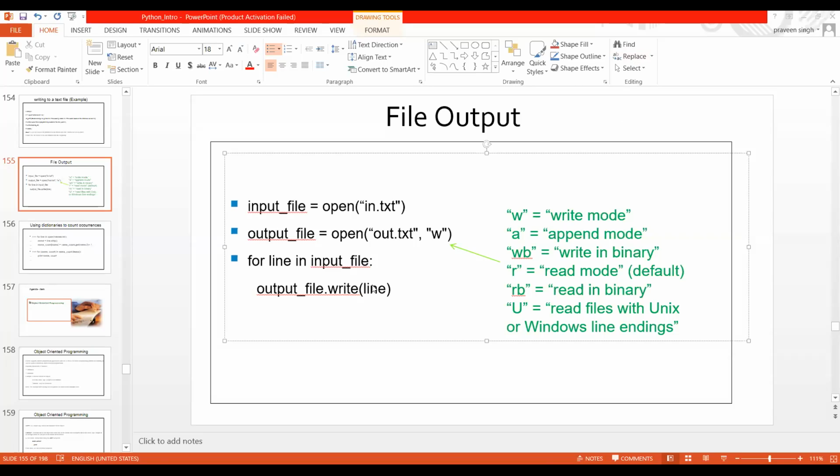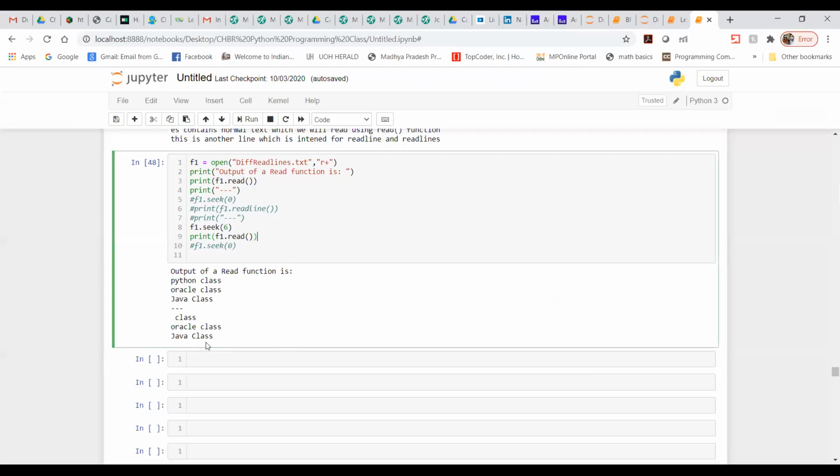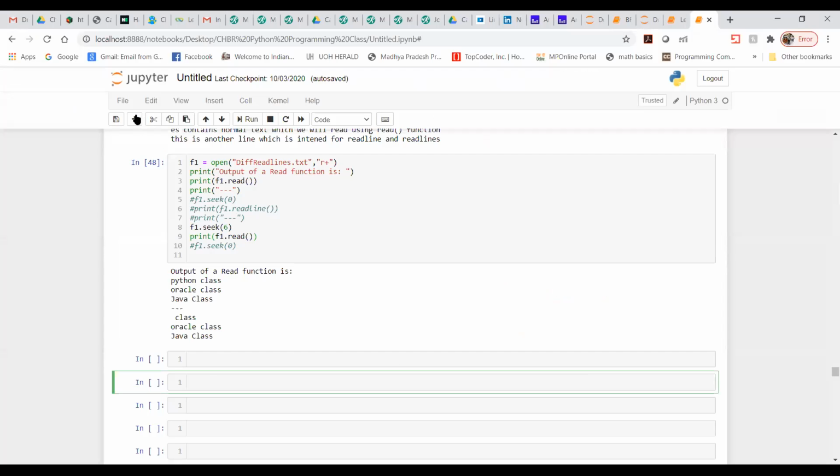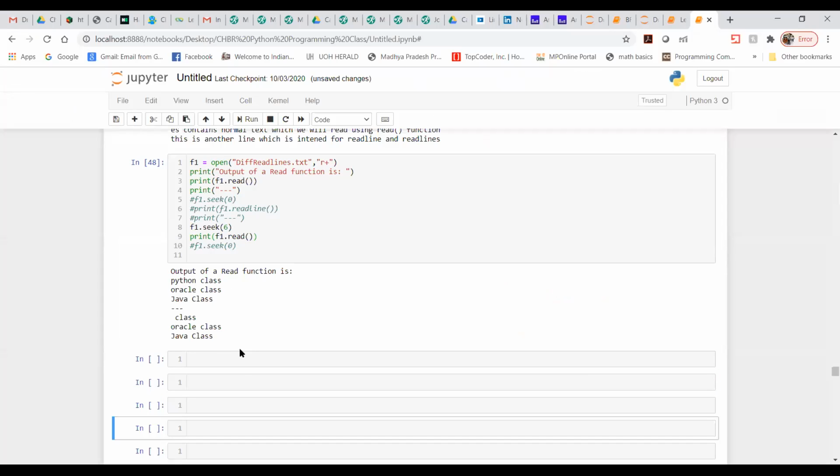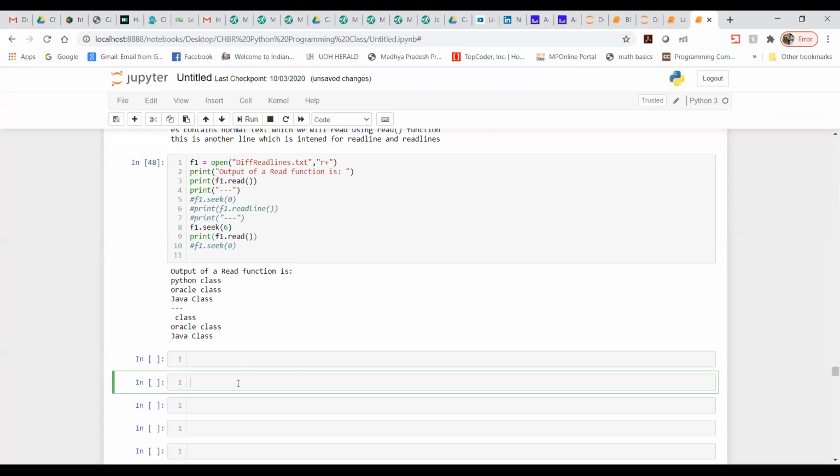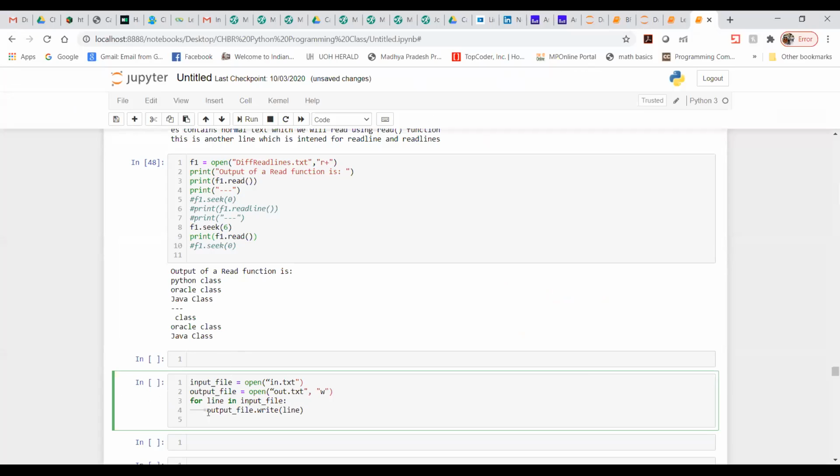Just so you're aware, what I'm trying to do here is copy the entire thing, because this is pretty much the same. We will just use a different file. Okay, let me take some file.